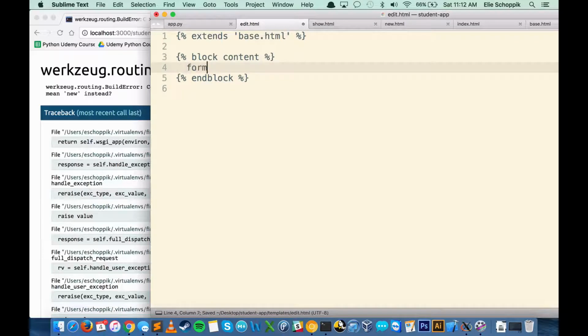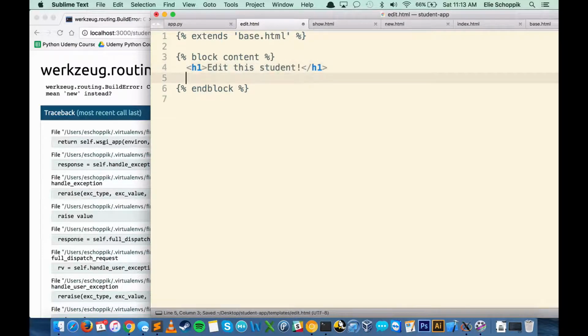Well, we're going to make a form. Better yet, let's make a really explicit H1 that says edit this student. We'll make a form. And where is this form going to go? This form is going to go to show. But you might be wondering, I already have a URL for show,